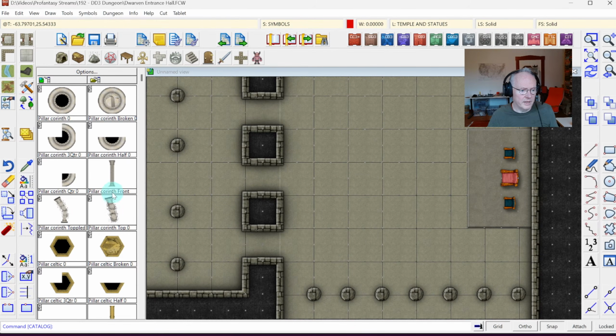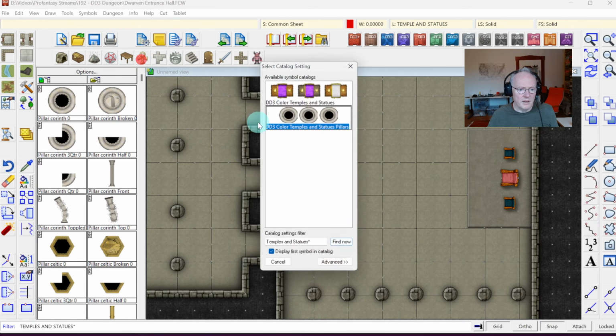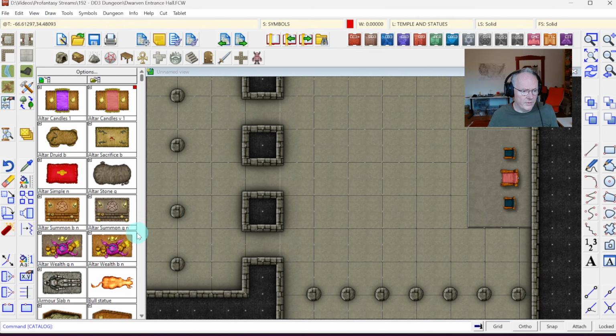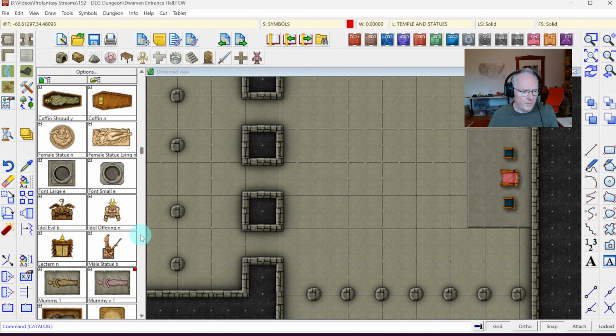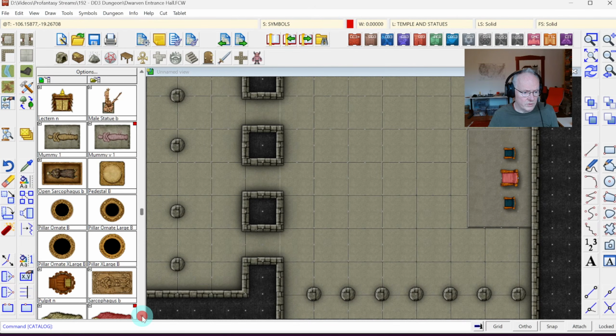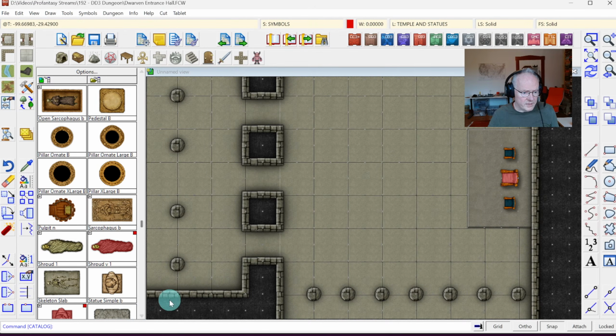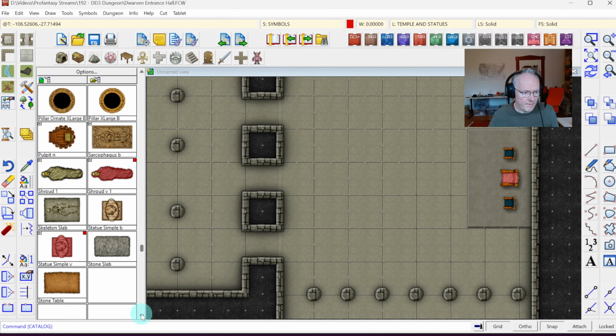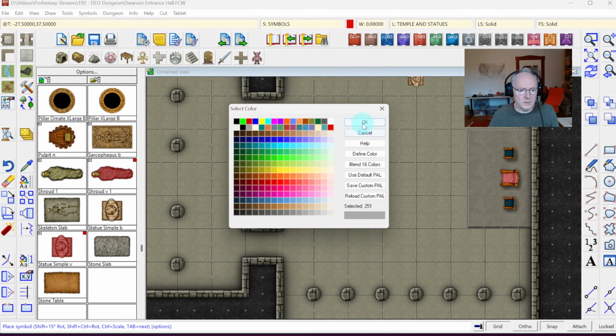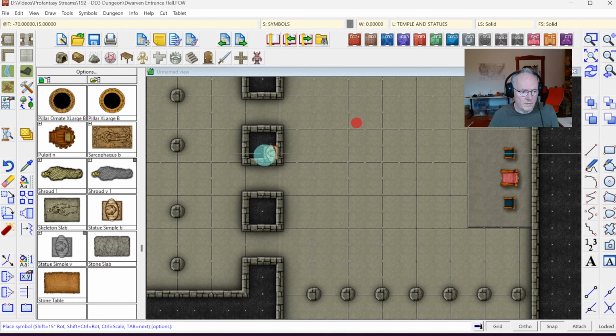We've got lots of other symbols like pillars and other religious stuff here, and I'm thinking I might add some embellishment to the pedestal here. I could add a stone statue. We've got some more. I've got some busts here. I'm thinking I might do a grey version of the bust. See, like that, but perhaps a little bit darker. There we go. And if we zoom in,